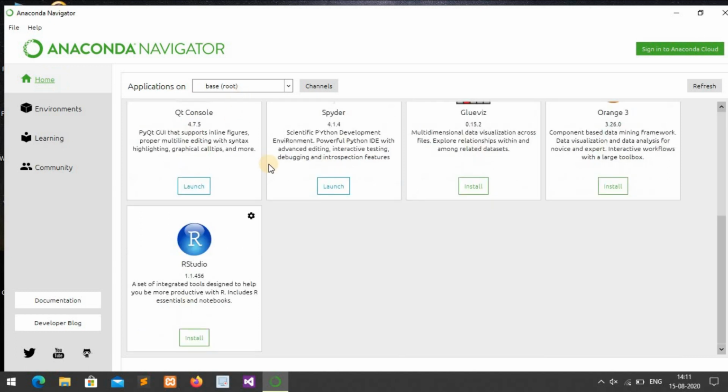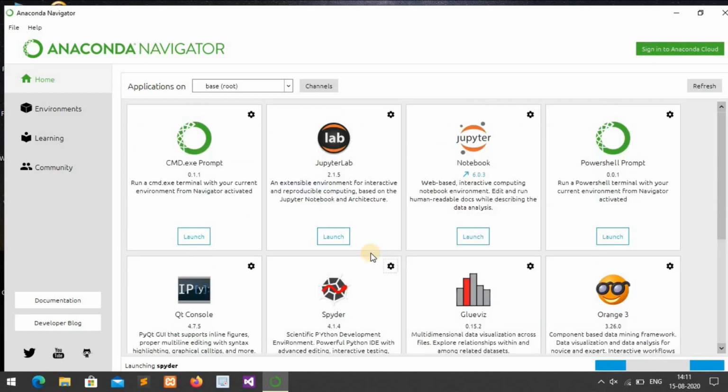So I am going to launch Spyder here, because the Spyder IDE is the most used for scientific Python development, core Python programming and Python data analysis. We just check how Spyder is working.